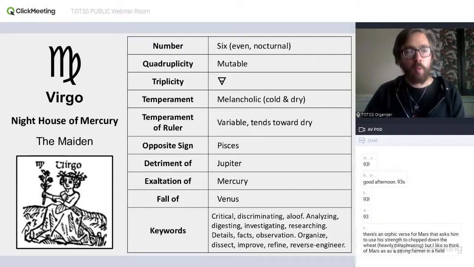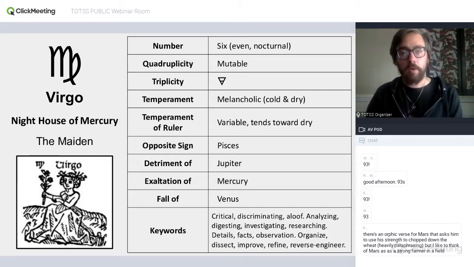But we can also think about why Mercury might do better in Virgo, and why the earthy quality of Virgo might be helpful compared to the airy quality, right? Both Gemini and Virgo are of the mutable quadruplicity, so you definitely have an emphasis on that mutable and changeable side of things.